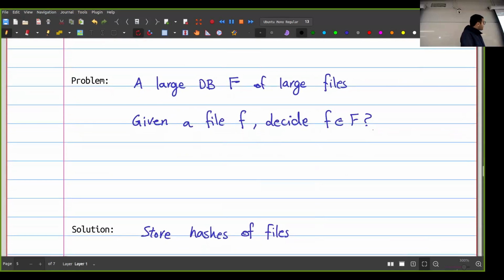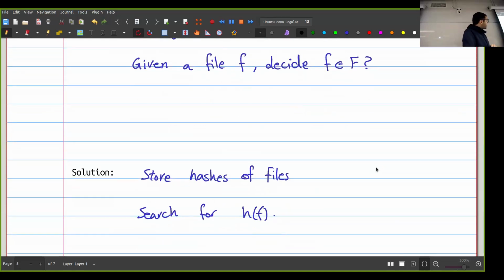So in general, every time that I get a new file, I have to just process the file once, find its hash, and that's it. The next time, I don't have to go over this file again. Whereas if I didn't have the hashes, it would be a nightmare, right? Whenever I got a new file, I had to go back and compare this file bit by bit with every one of the previous files. And that could be catastrophic for me. It could take a lot of time. But just storing the hashes is going to be super fast.